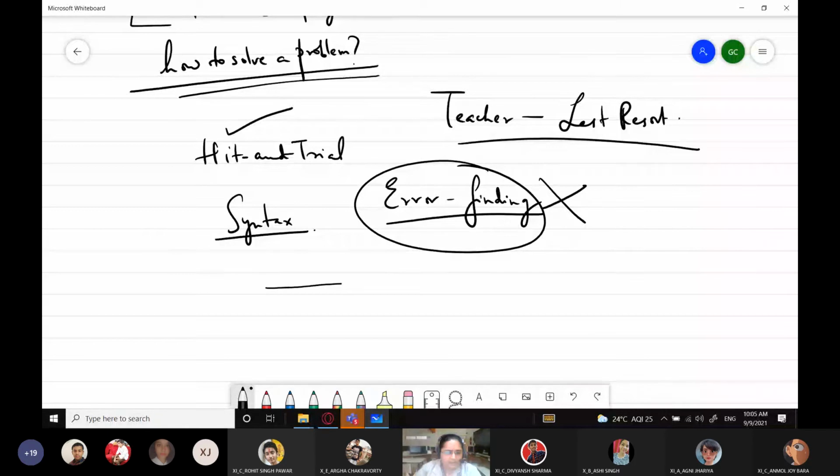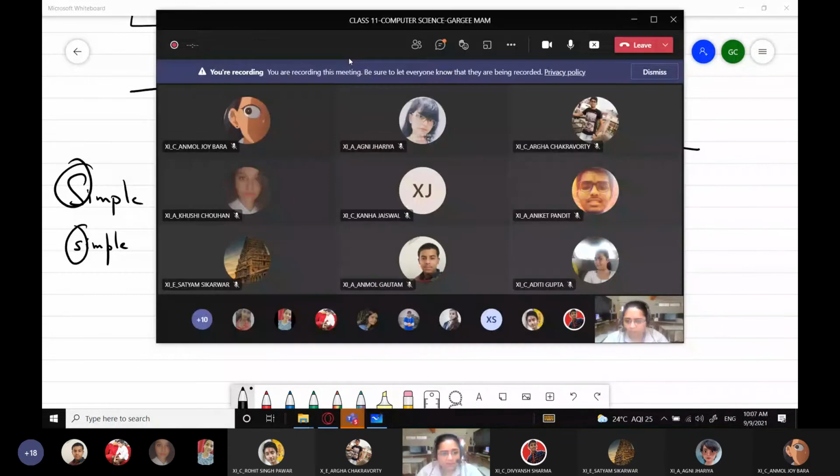If it is giving a syntax error, why is it giving a syntax error? There could be a possibility you might have forgotten or overlooked the case sensitivity. Somewhere you might be using simple interest like this, and next time you might be using it like this. So sheer case of case sensitivity. Somewhere you might have violated some rule, a rule for naming a variable. So वो error जो है उसको खुद analyze करो. Practical session, right?